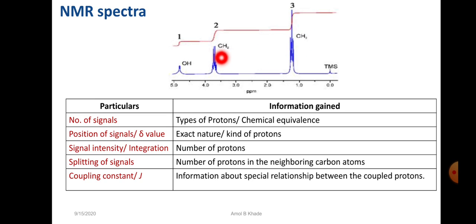Whereas CH2, the neighboring carbon is having 3 protons, so this has split into a quartet. So we will get information about what the neighbors are and how many protons they have. We can elucidate the structure based on that. And we also get a coupling constant, which is abbreviated as a J value, and this J value has a